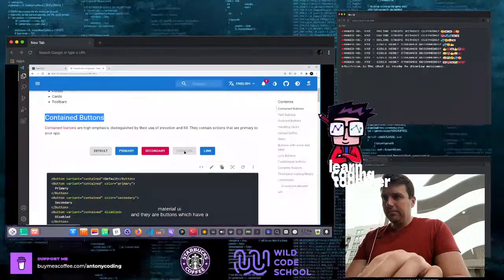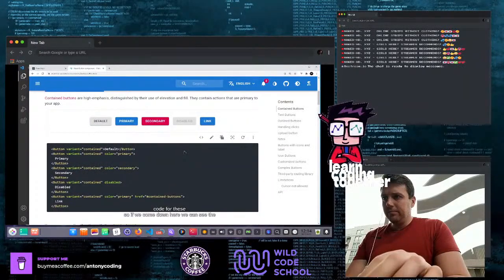And they are buttons which have a background color like this, and also a little drop shadow to bring it away from the page. So if we come down here, we can see the code for these is a button component,